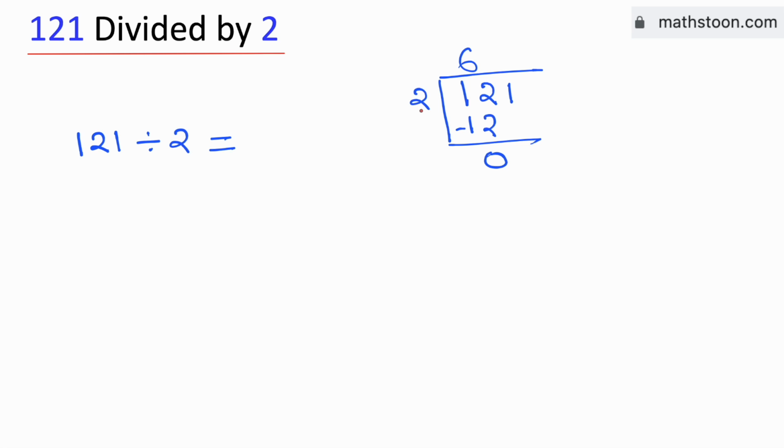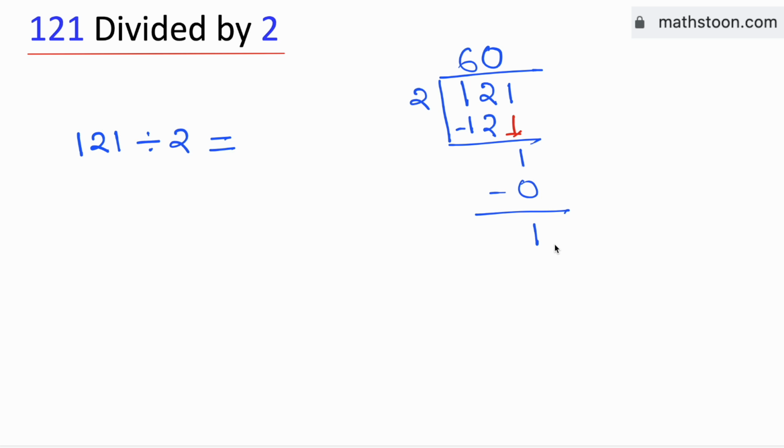Now see that 0 is less than 2, so let's bring down this number 1 here. This is the number 1, so we remove this 0. Now again see that 1 is less than 2. But as we have brought down the number 1 here, so we need to divide it. We know that 2 times 0 is 0. Subtract, we get 1. Now I can see that 1 is less than 2, but we don't have any number